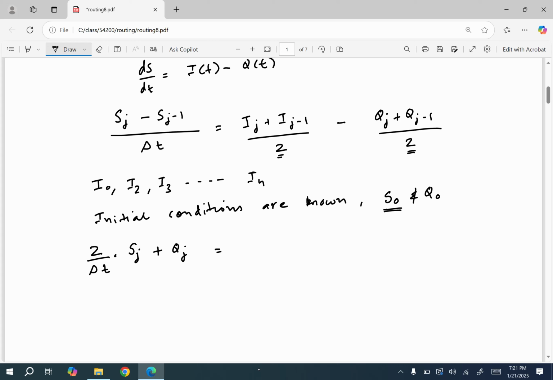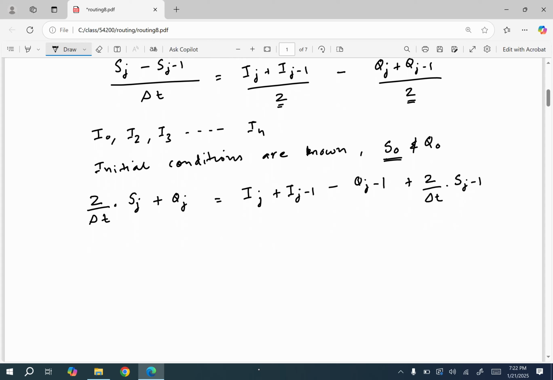On the right hand side we have Ij plus Ij-1, and then minus Qj-1. And then we also know the initial storage, which is going to be plus again 2 over delta t Sj-1. So if I write this expression, what I have is 2Sj over delta t